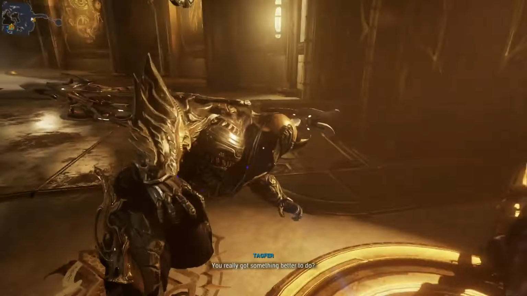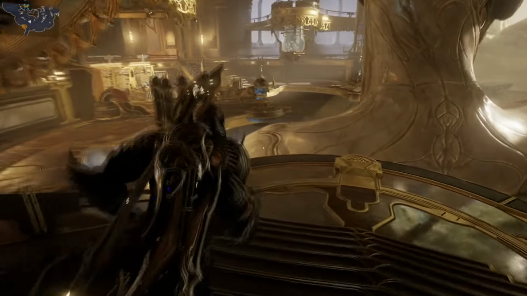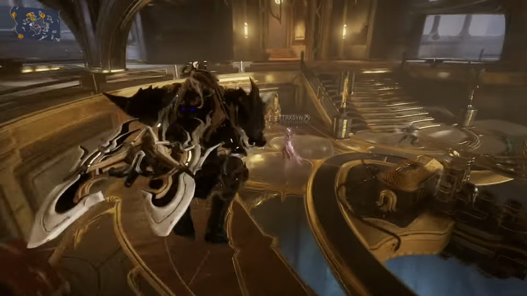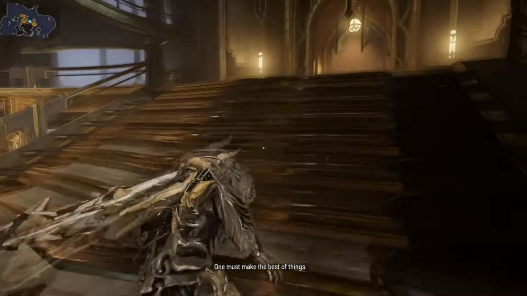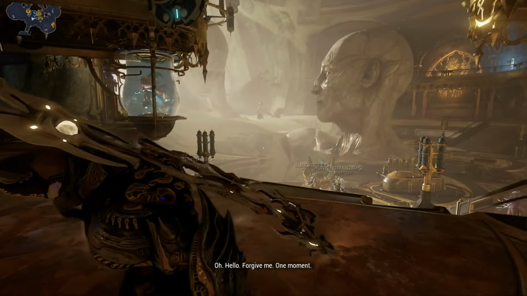I mean, you really got something better to do? It's a possibility on a drop, and it's brutally difficult, enemy levels like 200 plus. One must make the best of things. So what I think I might do